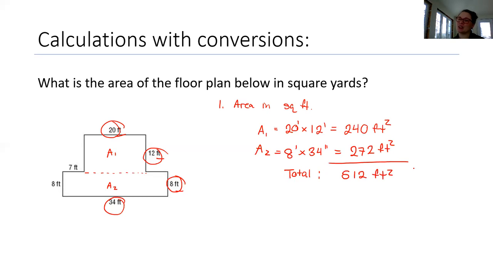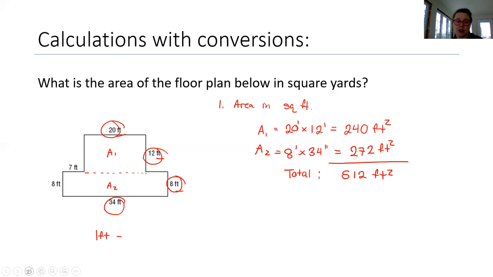But that's not what the question asked. The question asked for square yards. So we need to figure out how many square yards, how many square feet are in a square yard? Because we know there's always more feet in yards. So you know that 1 foot,